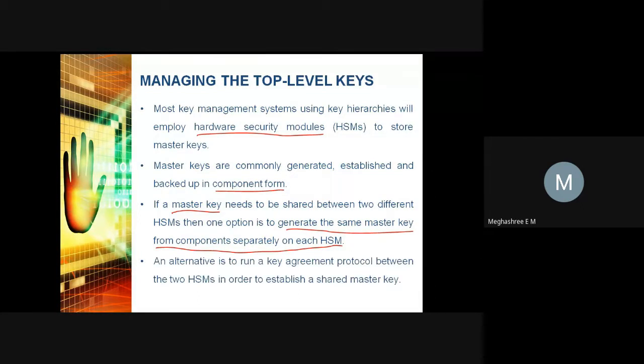That is one solution. An alternative solution is to run a key agreement protocol between the two HSM in order to establish a shared master key. Okay, these are the two solutions if a master key needs to be shared between two HSM, that is hardware security modules.